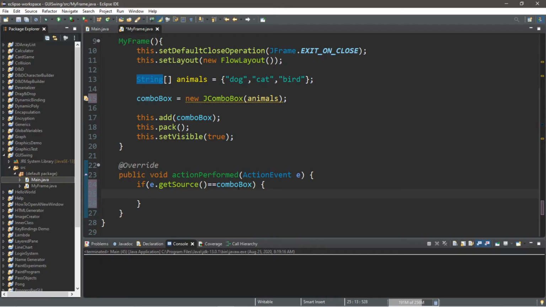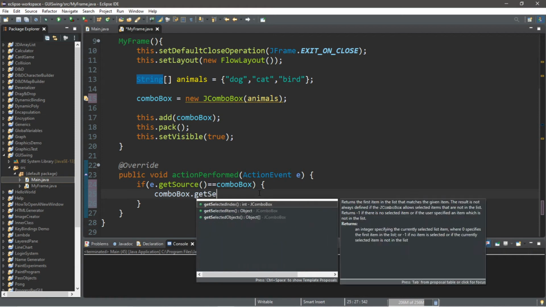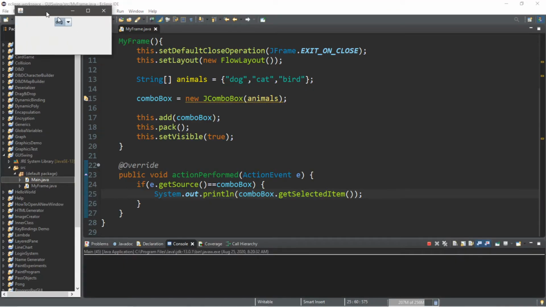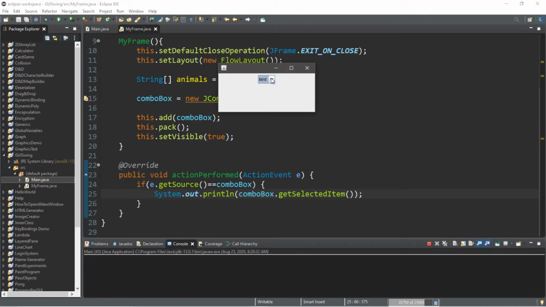If our combo box does something, then what we could do is get the current selected item. So let's type in the name of the combo box, comboBox.getSelectedItem, and then I'll just print this. Let's put this within a println statement. So System.out.println, comboBox.getSelectedItem. However, we need to add an ActionListener to this combo box because it still doesn't return what we want,